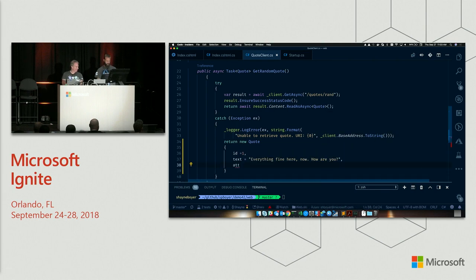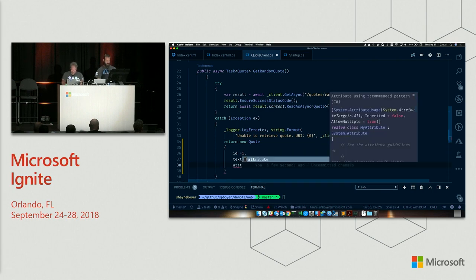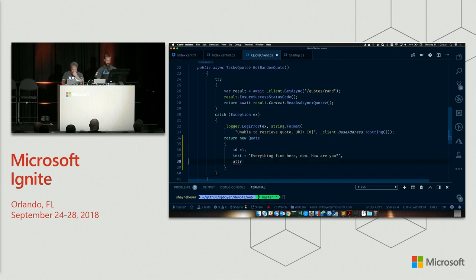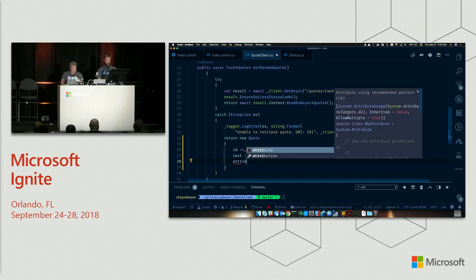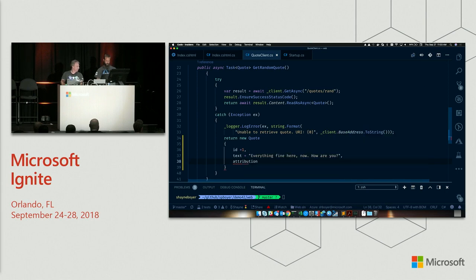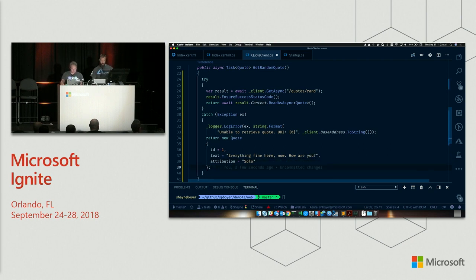Oh, don't do that. Attribution. Why didn't we put author? That would have been a much better thing to put in there. Attribution equals, solo. Right, so that would have been a good thing to put in there, right? I could run that, and everything would be great. I could just play that. The problem is, although that would return everything is fine, and